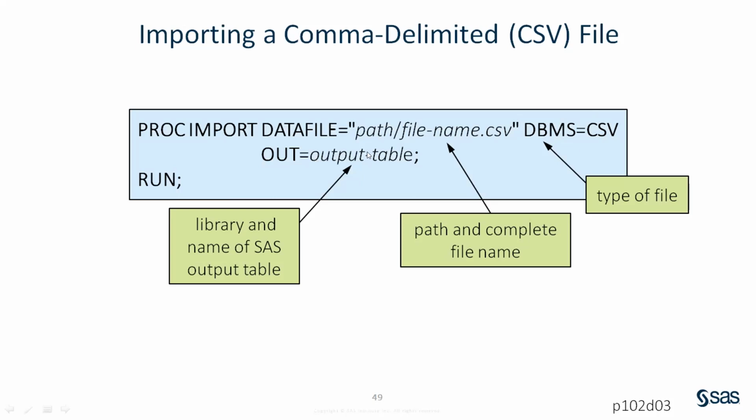And out equals is an option with this proc import statement. See, the statement ends with this semicolon here. Out equals specifies the output table name, where by importing this raw or external file, you are creating a structured SAS data set, and you stop the step with run. All right, same thing, we'll just check it in our studio.